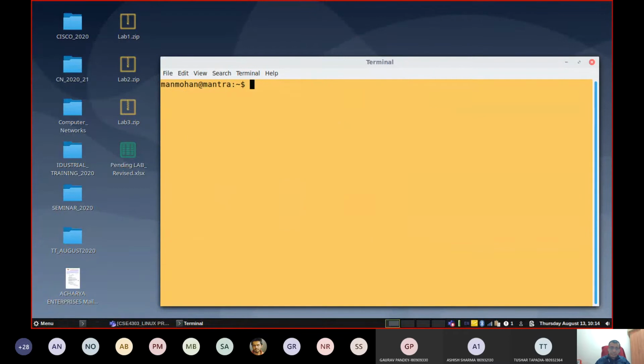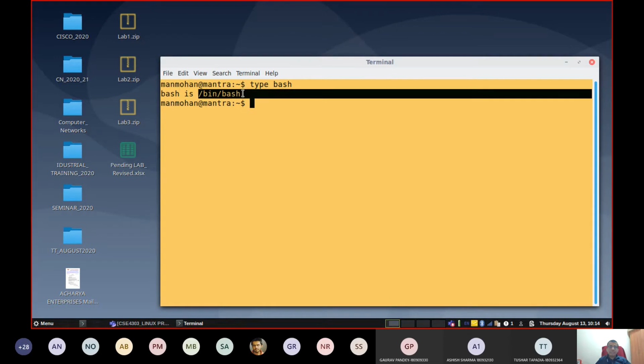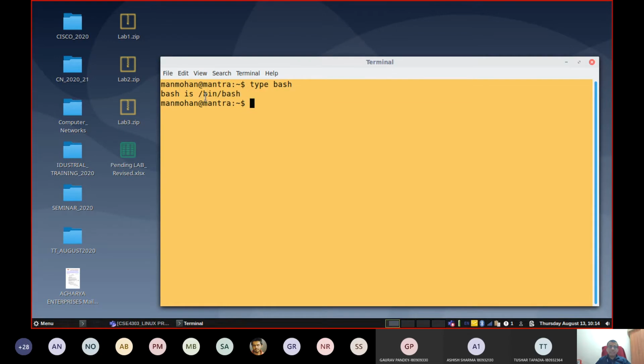Now look into one more command called type. If you say type bash, try this command. Then it says that the bash program is located in /bin/bash. This says that the object code for the bash command is this one. System engineers or developers already wrote that program and kept it here. You can try to write your own command, and after compiling it, that object code can be stored in any one of these folders, and then you can work with that also.